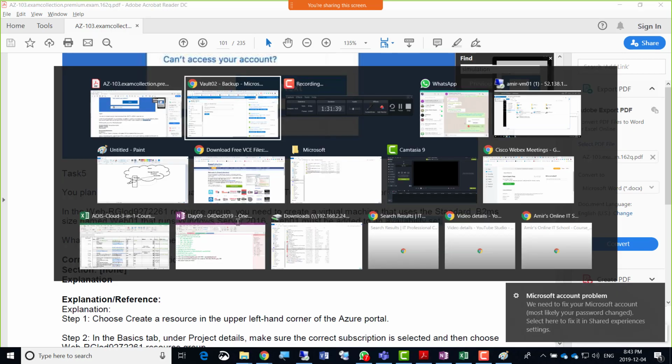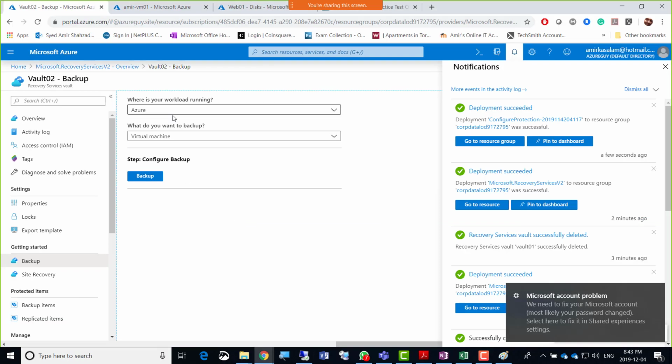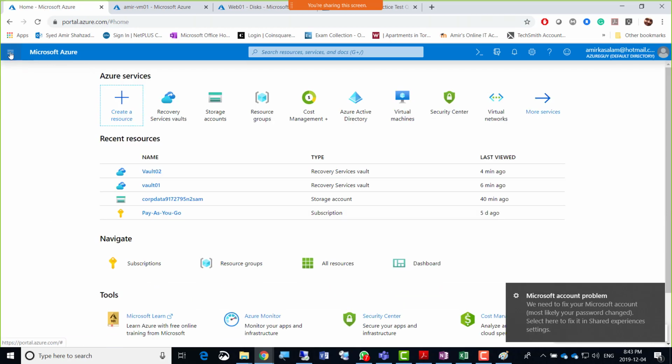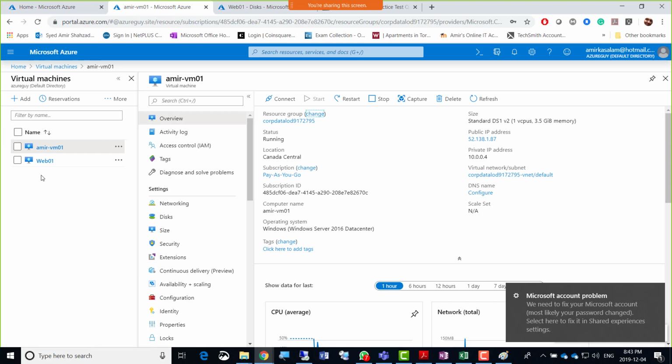So I'm just going to go back to this, and okay, yeah. So guys, for the last lab, it was successful. The backup was created. If I go to the resource here, well, that's a resource group actually. So anyway, I'm just going to go to the virtual machine here, and Web01 is already created. I'm just going to still create another one. I'm going to click the add button here,